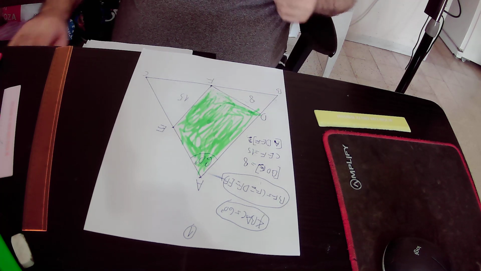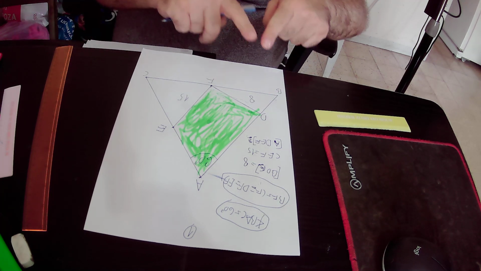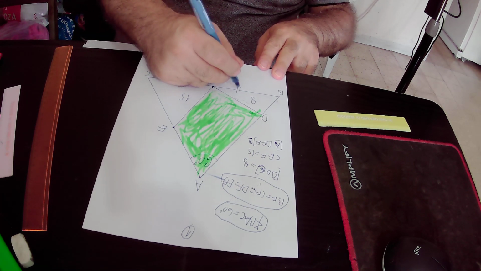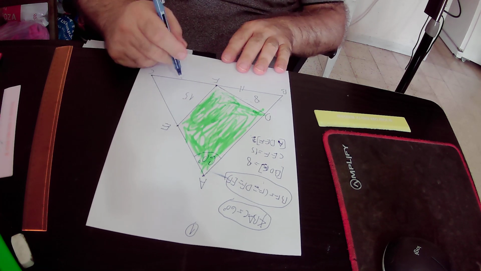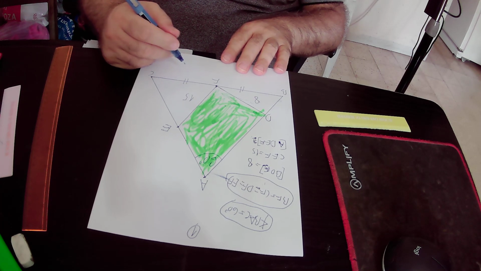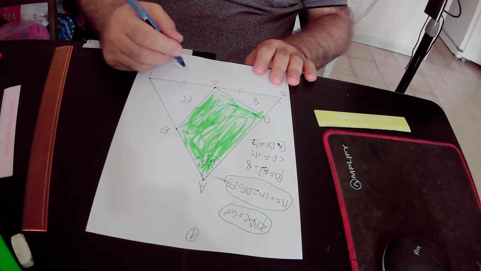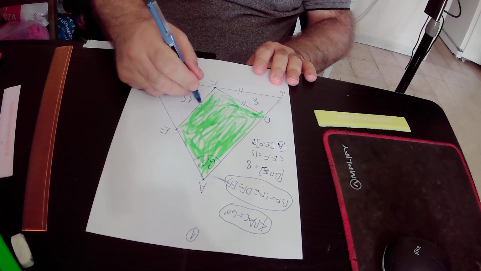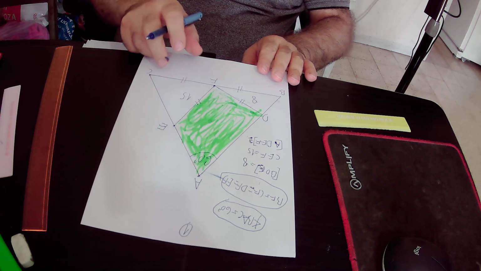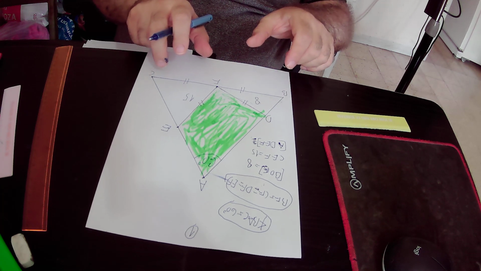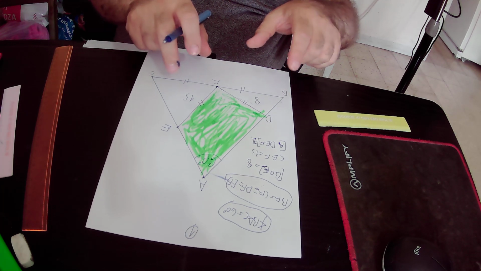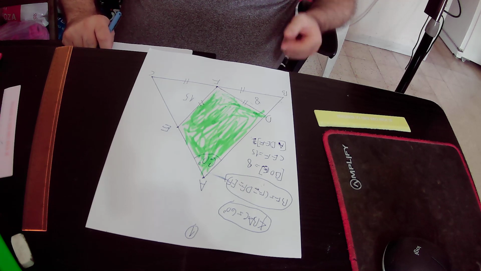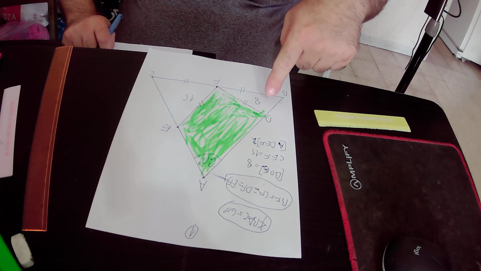We also know that BF equals CF equals DF that equals EF. So those four line segments are equal to each other, and we also know that triangle BDF, this triangle, equals